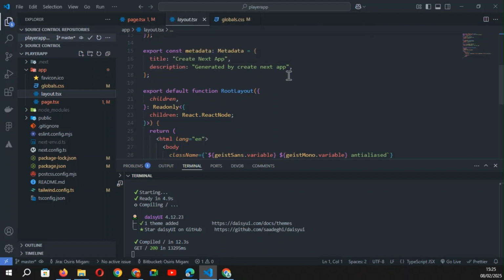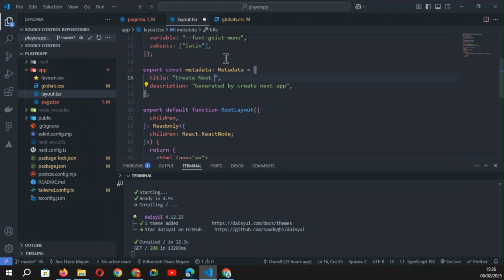You can add also another metadata in your Next.js project. So we will change just here, title, commander player app, description,